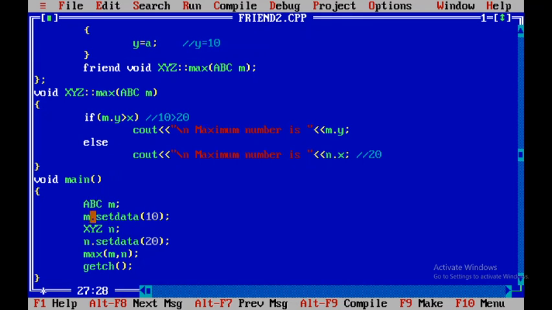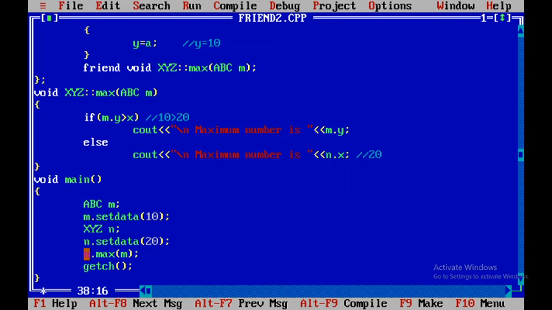So abc m, an object of the abc class, is created. m.setdata(10) remains as it is. xyz n, an object of the other class, is created. n.setdata, passing the value 20, is okay. Now as max is a member function of class xyz, I cannot call it directly. So it is n.max and we pass the object of abc.